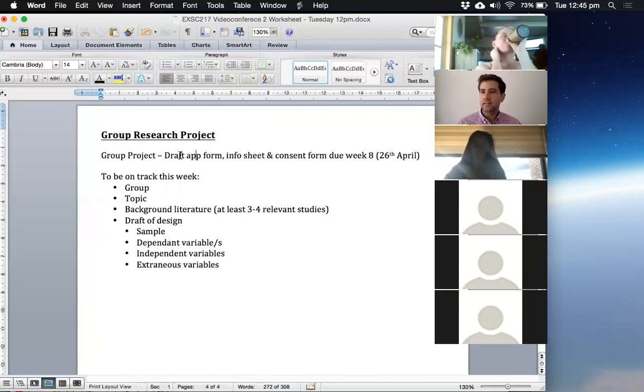So hopefully if you're collecting data in weeks 9 and 10, the step we need to do before that is for me to have a look at your draft of the application form, the information sheet, and the consent form. That's not the final product, and you're not getting marked on that, but I want to see a draft so I know what your research looks like from the application form, and I know the information sheet and the consent form that you are going to be giving out to participants. I'd really want that at the latest by the end of week 8. That still leaves us a bit of time to get those drafts up and design the project, but it is something we want to start getting on top of.